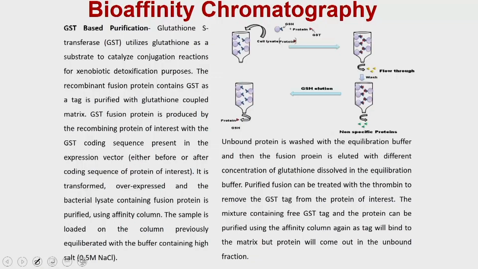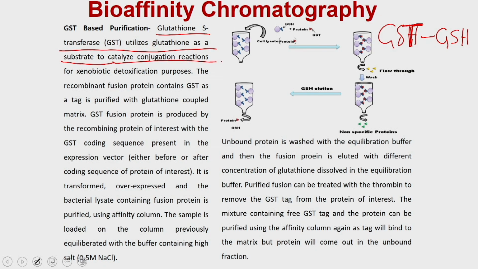So, in this process we are taking an example of GST and GSH as a pair. The GST is making an interaction with the GSH. GST, which is called glutathione S-transferase, utilizes glutathione as a substrate to catalyze the conjugation reaction for xenobiotic